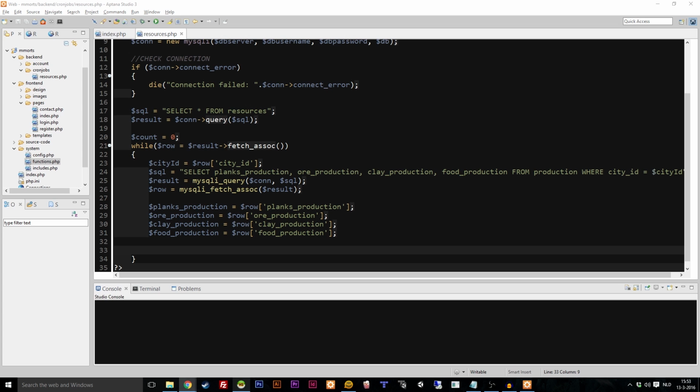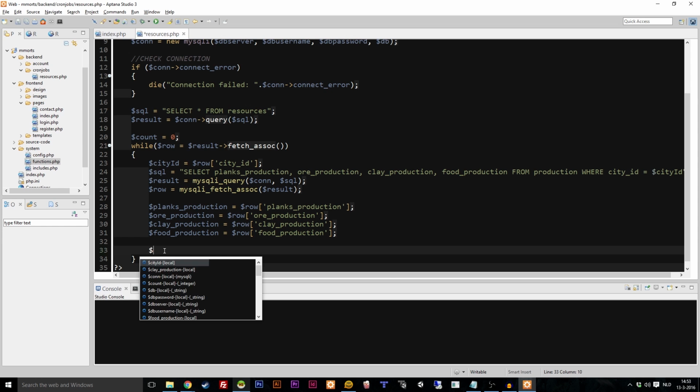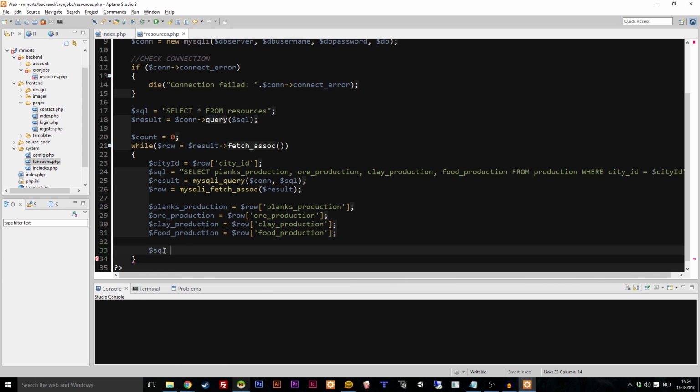Because it's actually quite a while ago since I've done it. Let's take a look. Yeah, that's quite simple. Okay, guys, we first need to write a query. $SQL is equal to string, semicolon, and inside of here is going to be update resources,